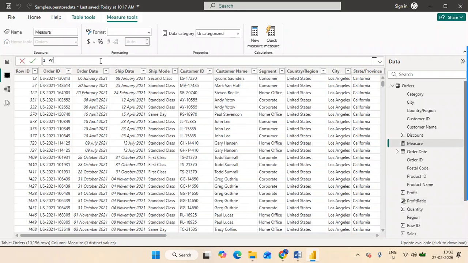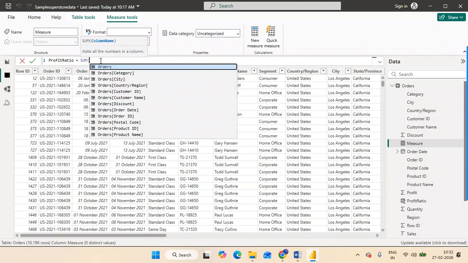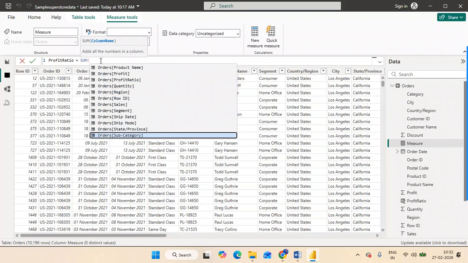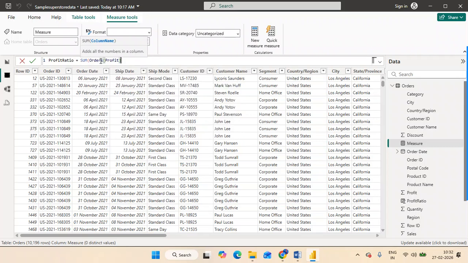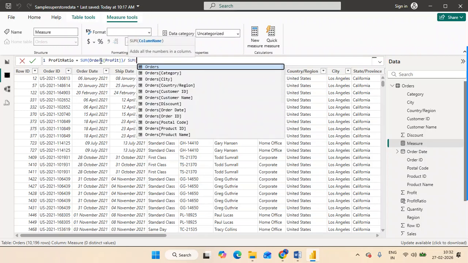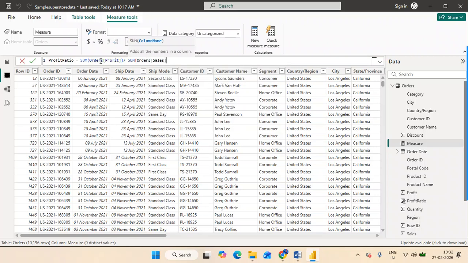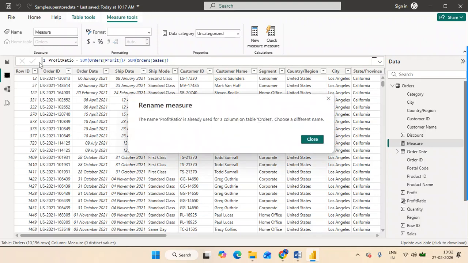If you want to create it, we are going to create the sum of total profit, divided by the sum of total sales. So what is that sum of total sales? We are creating this as a measure.